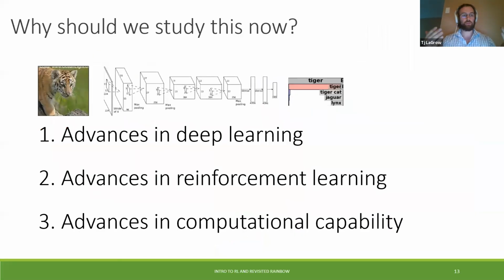And so why should we be studying this now? What is the importance? Why haven't we been studying this since the 60s? It's because we've had big advancements in deep learning, advancements with reinforcement learning, especially with the advances of Atari, Google DeepMind. Some of these different companies have poured loads and loads of money into trying to figure out how to even advance the computational complexity and the computational compatibility, sorry.